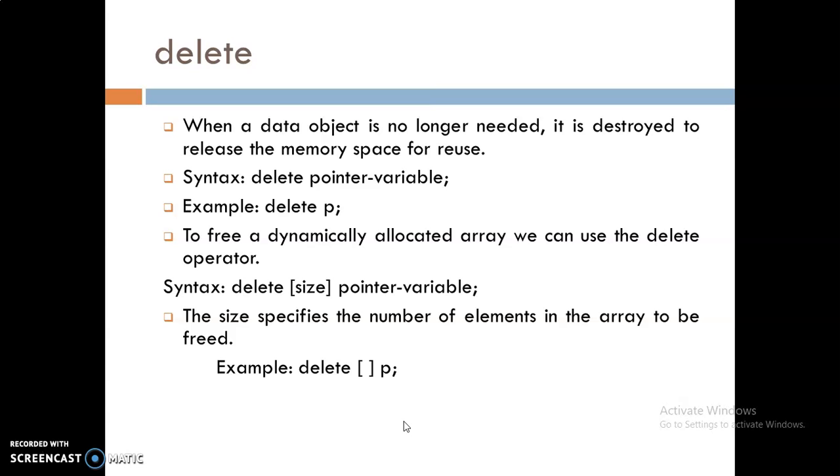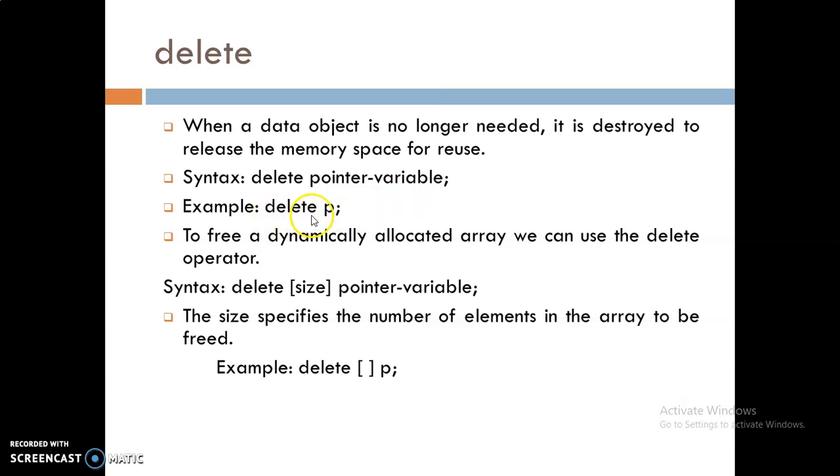The delete operator: when a data object is no longer needed, it is destroyed to release the memory space for reuse. You can see here the syntax: delete and then the pointer variable. It means when the data object is no longer needed, when it is not being used in the program, then it is destroyed to release the memory for other variables, for reuse.